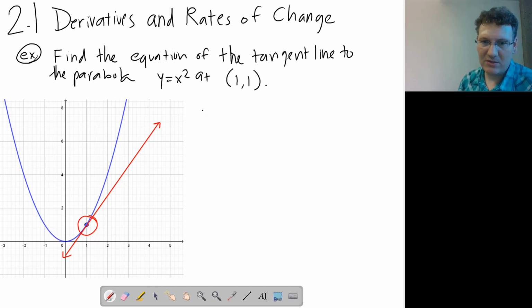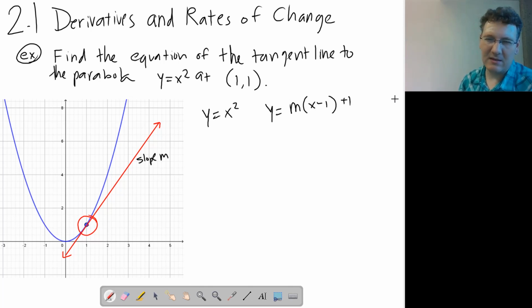So we want the two curves, y equals x squared and this line, which I don't know what it is. A line that goes through the point (1, 1) and has an unknown slope of m would be y equals m times (x minus 1) plus 1. This is a way that you can put it into point-slope form. And if we wanted to figure out what slope we need in order for this to happen,